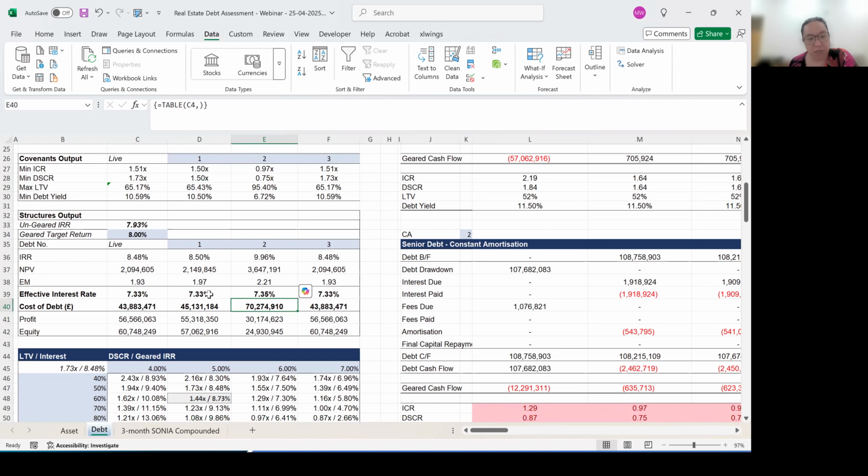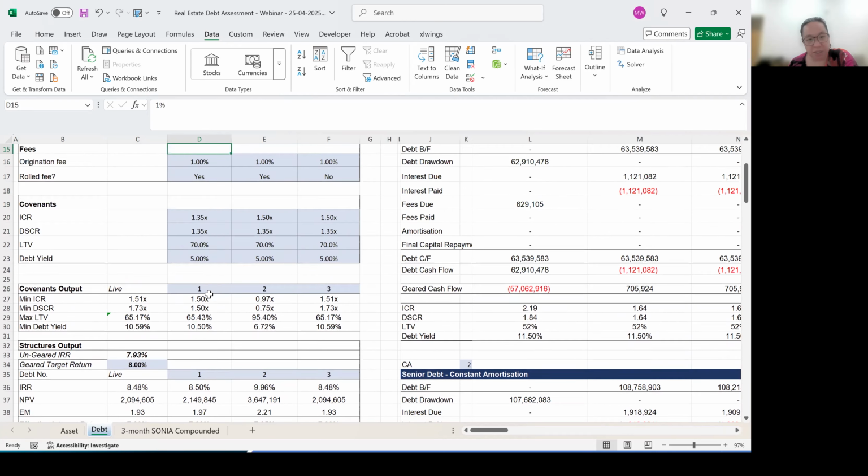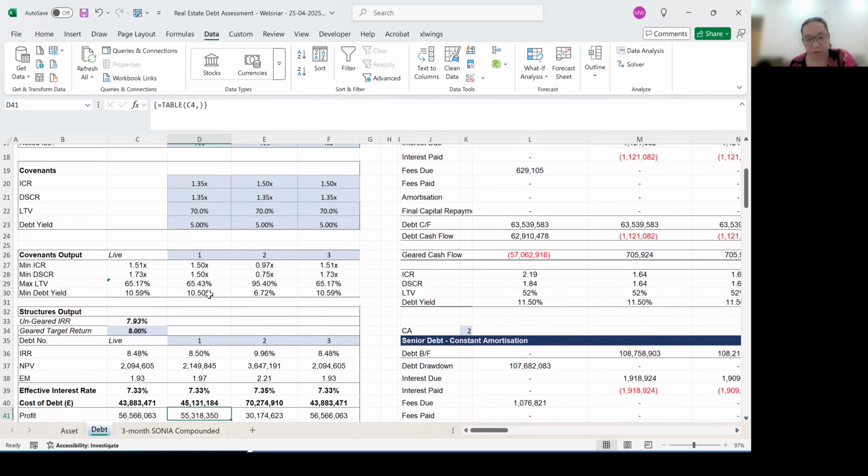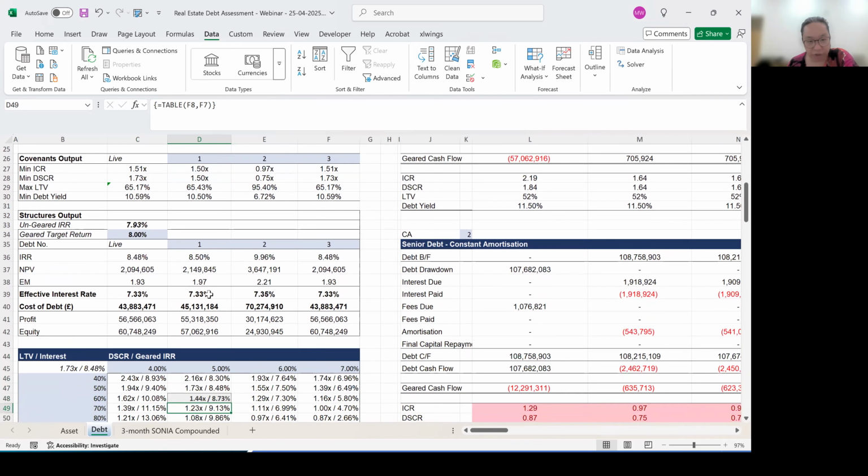So we mentioned that you're going to have how much you're going to borrow, and then your interest rate. In the beginning, where we had a 90% loan to value, we had around 78 million in interest costs, but now we have 45, because we need to reduce your interest costs. Another interesting thing here, I'm just going to finish in 1 minute, is that you need to calculate what is going to be this stress scenario. So what is going to be your ICR, for example, your DSCR, and your geared IRR, given the different scenarios.